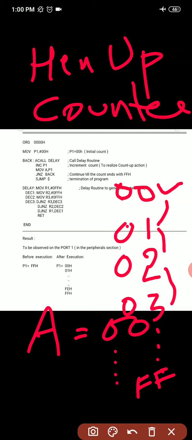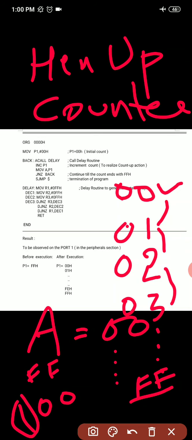So this is called the hex up counter, and it will go on incrementing till FF. Once FF is reached, again 1 is added to that previous value, that is FF. Instead of getting 100, because this 1 is set in a carry, we do not see this carry. The carry will be set, but I cannot call that value 100.